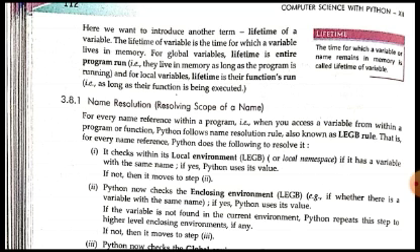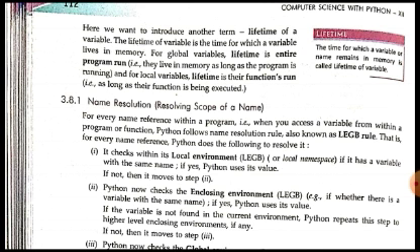So what is it using? It is using the name resolution rule, which is known as the LEGB rule. This LEGB rule is used for resolving names in a Python program. What are the components of the rule? Let us see them. First of all, it checks within the local environment. Local environment means whatever is the local scope.